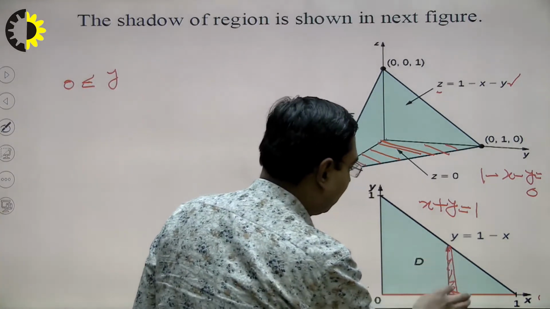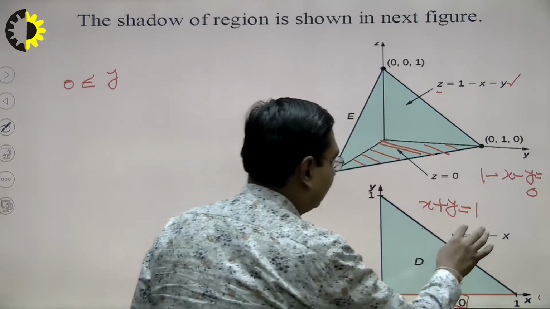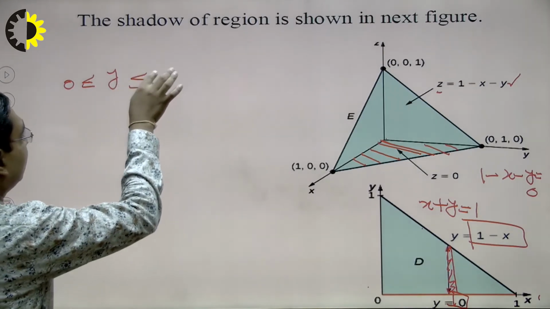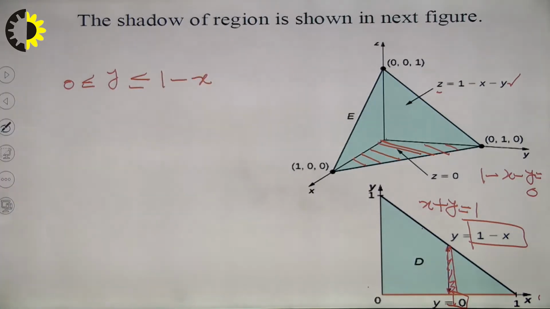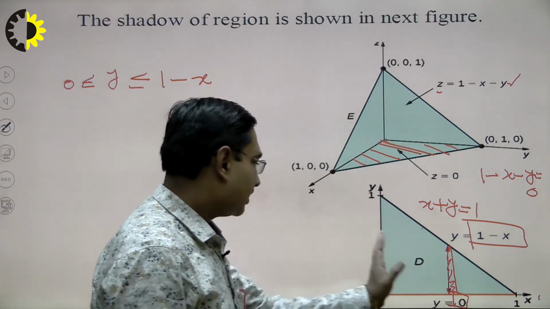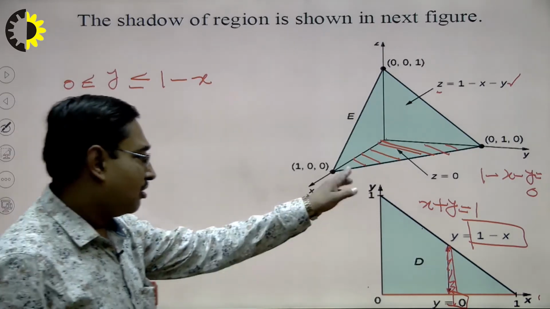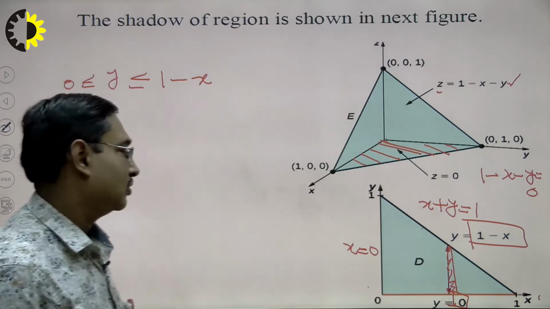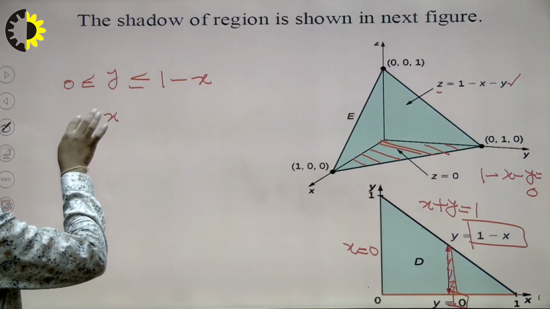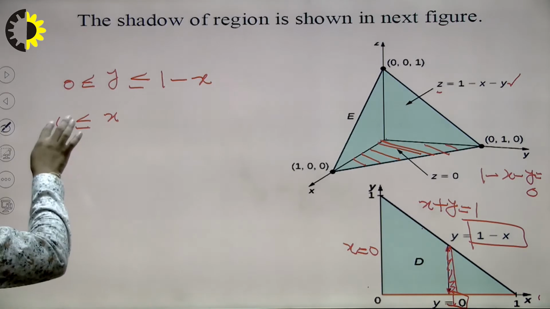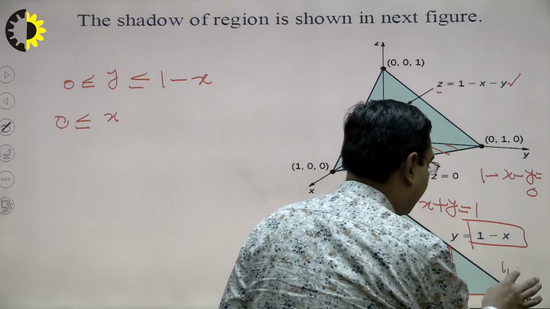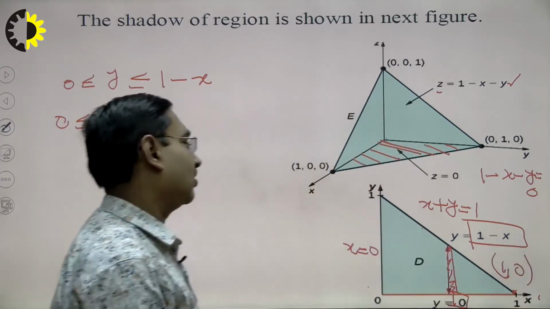The highest point of this slice lies on this line. Its equation is y equal to 1 minus x. So, the upper limit is 1 minus x. To find limits of x, we shall use extreme points of the region. From the x extreme point, I observe that it is the y axis, so x equal to 0, and limits of x will be 0 to the right extreme point. This right extreme point has its coordinates as 1 comma 0.